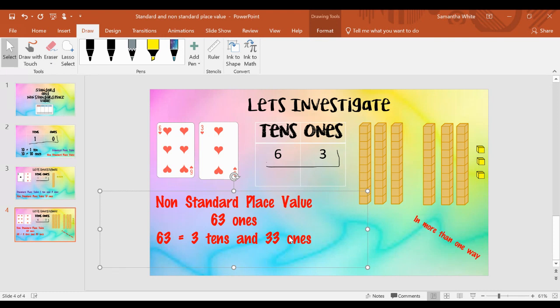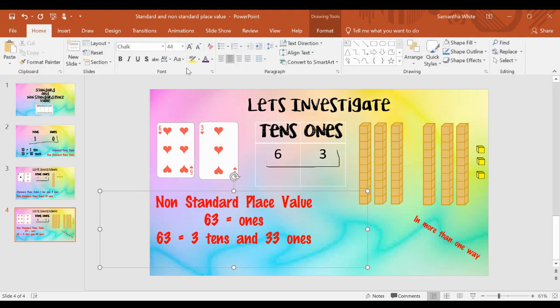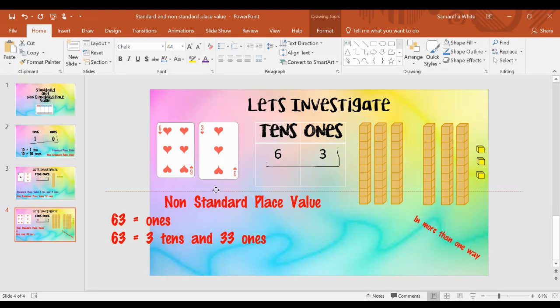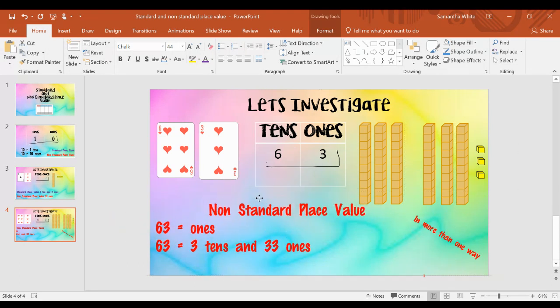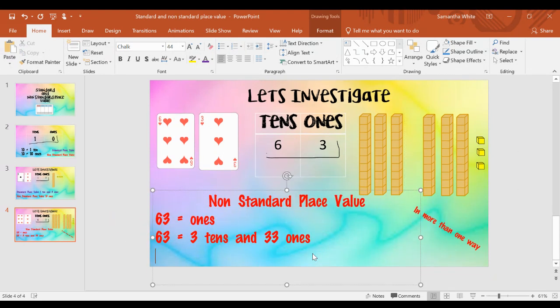Is there another way for us to have a look at the number 63? Have a think. How else can we break up the number 63? I know we could do 63 is equal to 5 tens and so